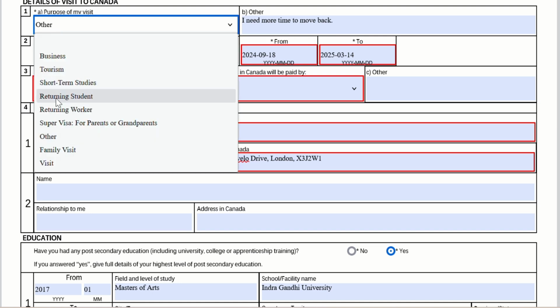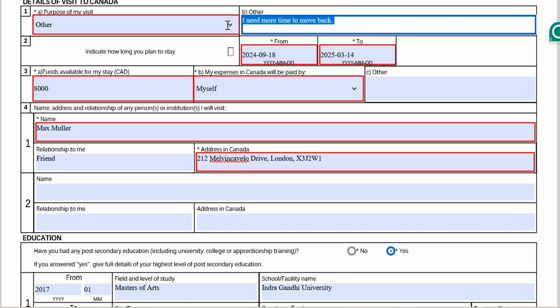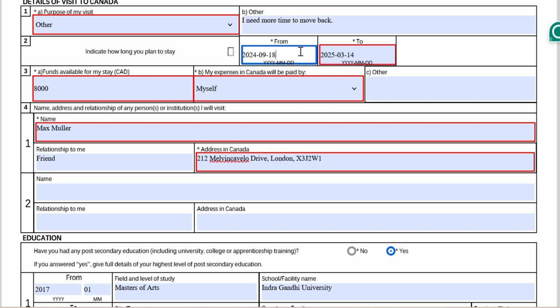My options were not mentioned here, so other, and briefly mention the need to stay. So I'm saying I need more time to move back, have some things to check out and clear here before I move back. This is a brief mention, but I have a cover letter which will explain the situation more,